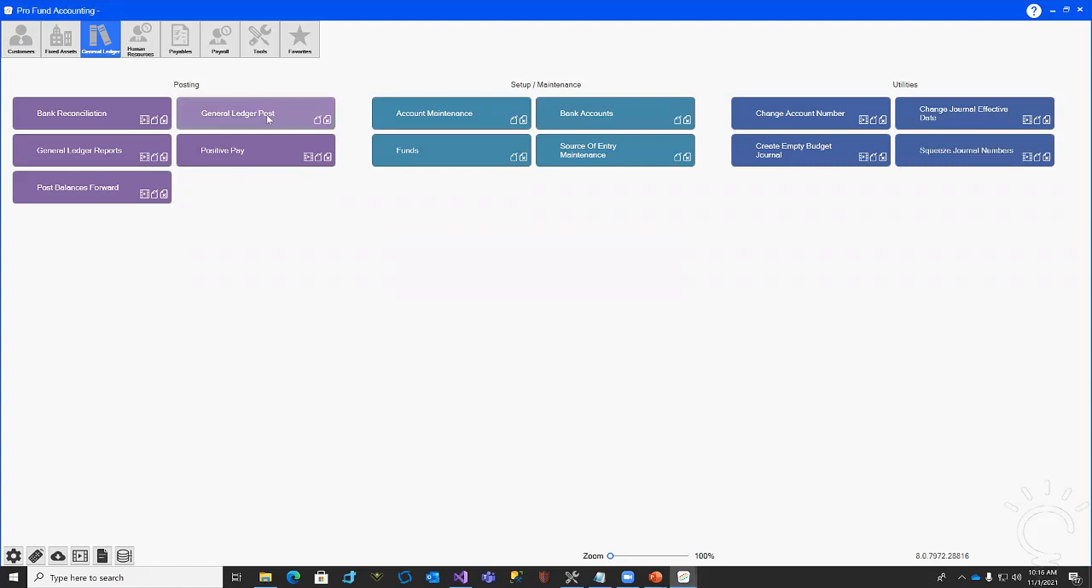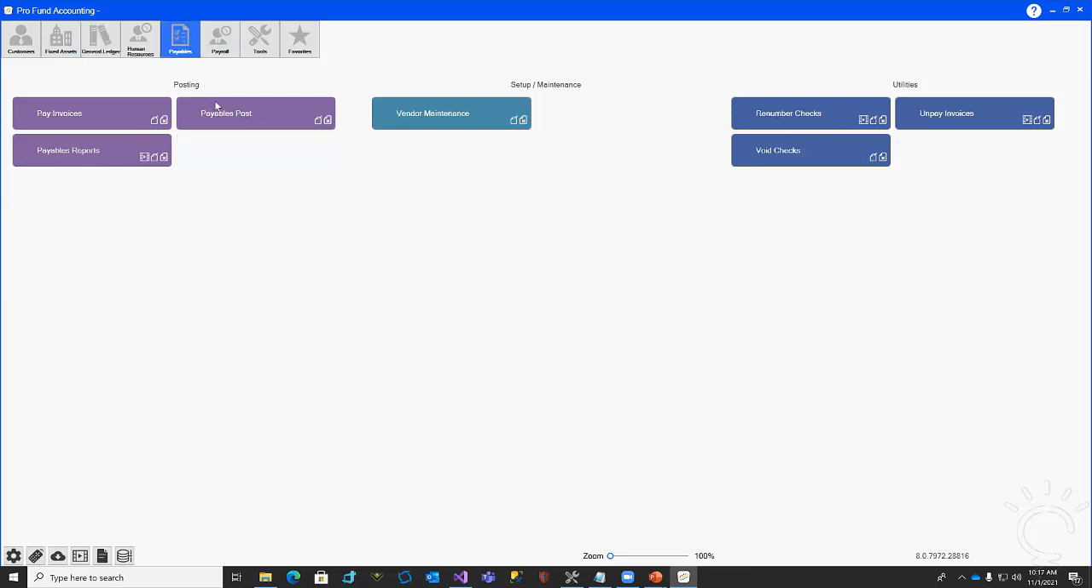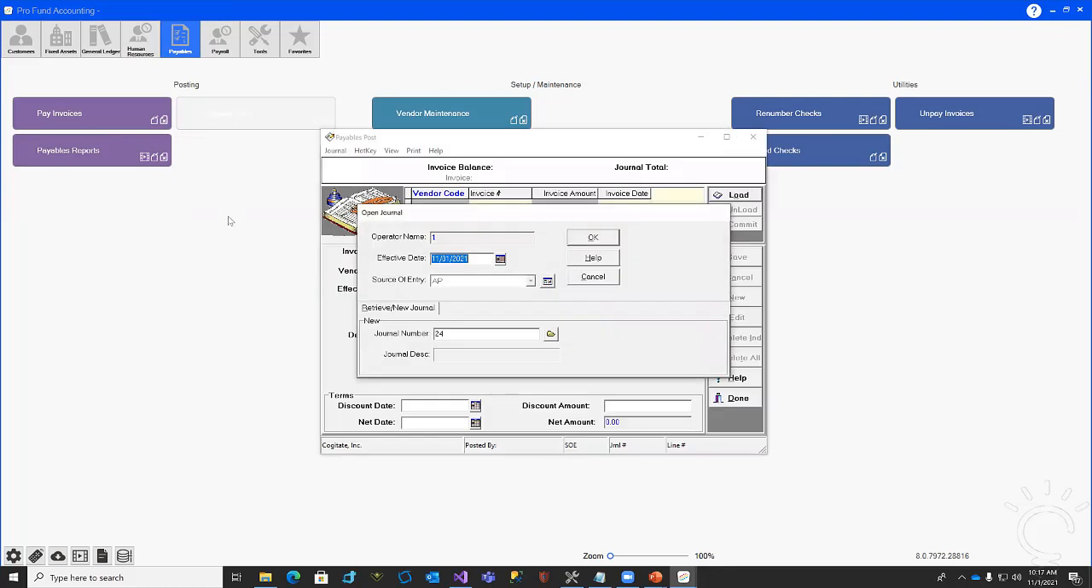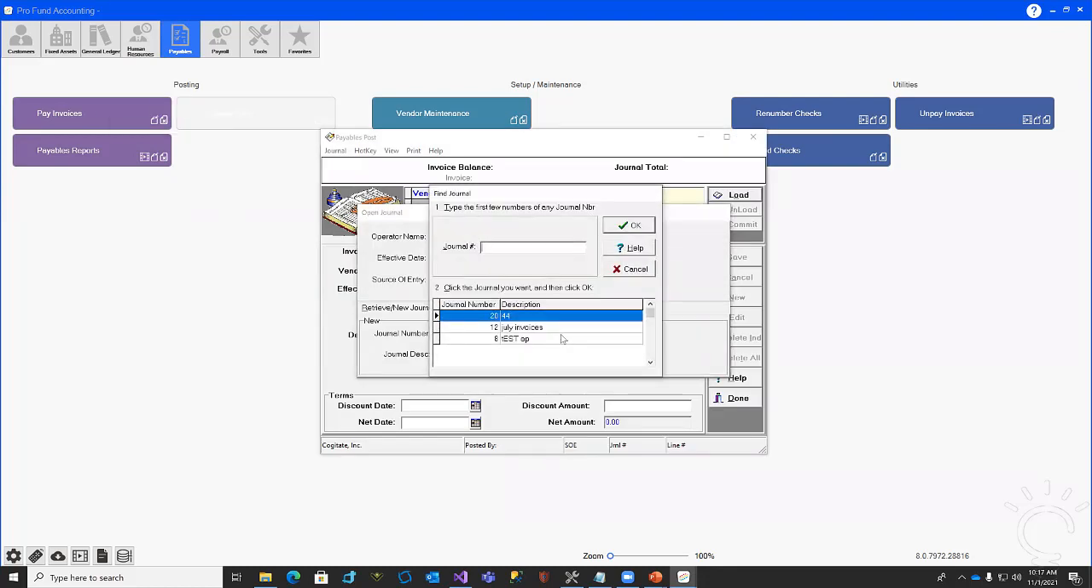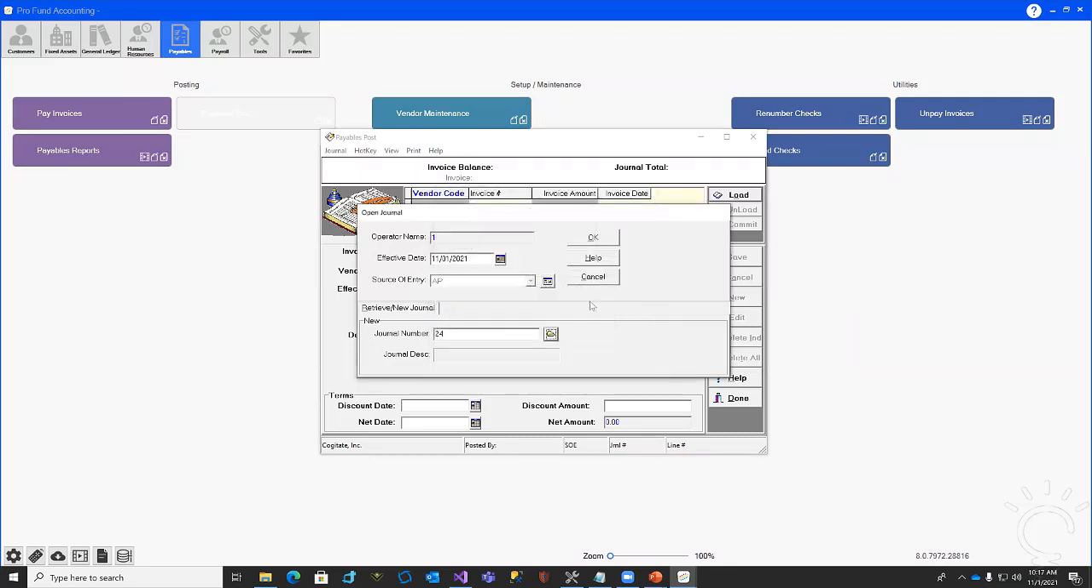For instance, let's say we go into payables and we go to payables post and we look at my journal numbers. It looks like in my journal numbers, I have 20, 12, and 8, which means they're not very consecutive. A lot of times you'll have a journal number that's way out of whack. So if I cancel that and I accidentally type in,